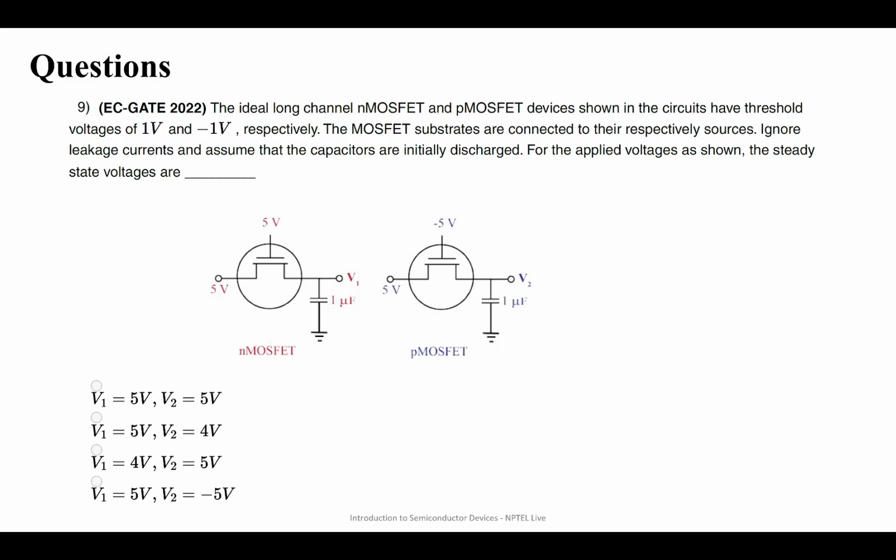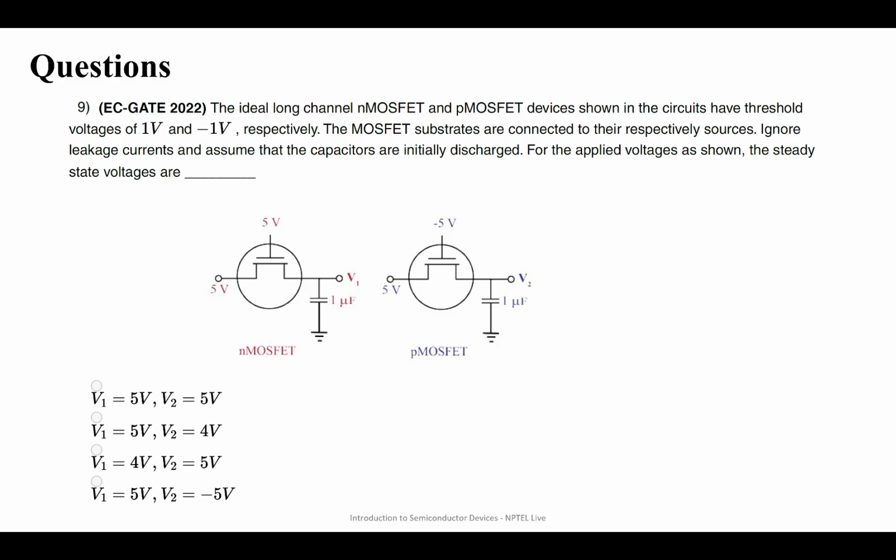The ideal long channel N MOSFET and P MOSFET devices shown in the circuits have threshold voltages of 1 volt and minus 1 volt respectively. The MOSFET substrates are connected to their respective sources. Ignore leakage currents and assume that the capacitors are initially discharged. For the applied voltages as shown, the steady state voltages are